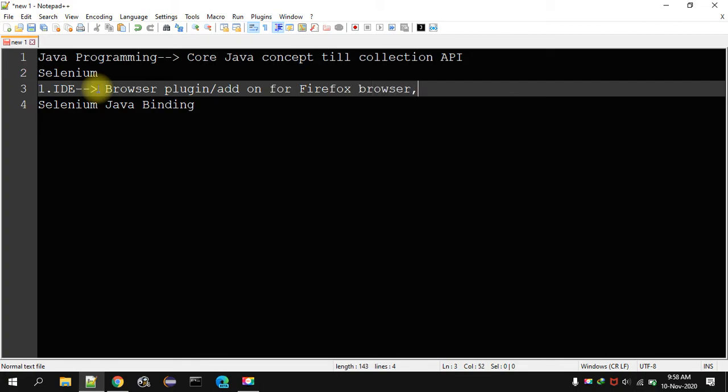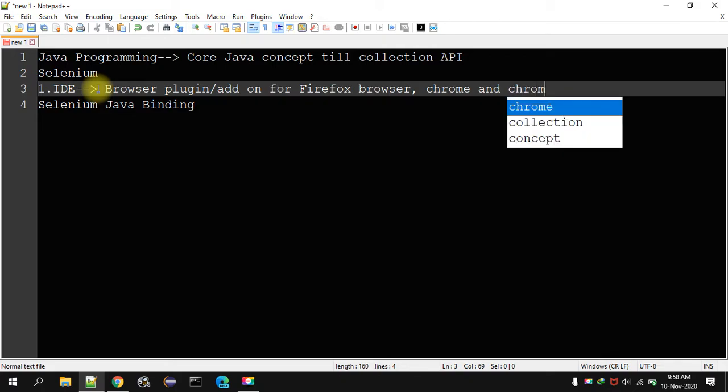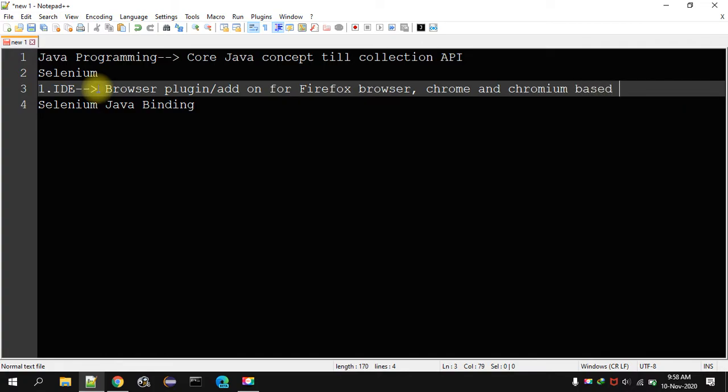It is also available for Chrome and Chromium based browsers. Now what are the Chromium based browsers?